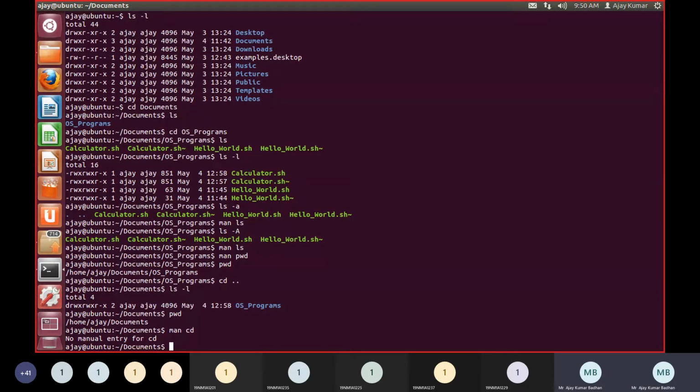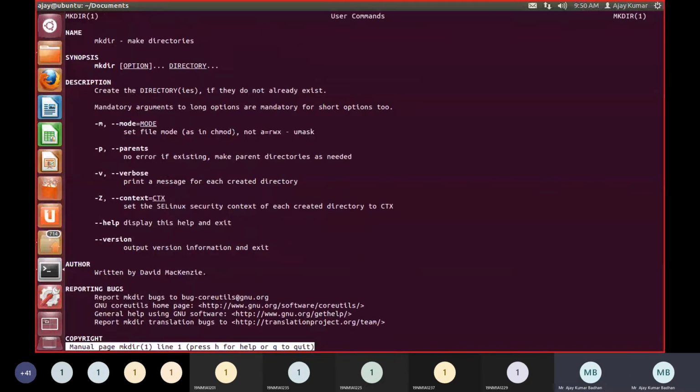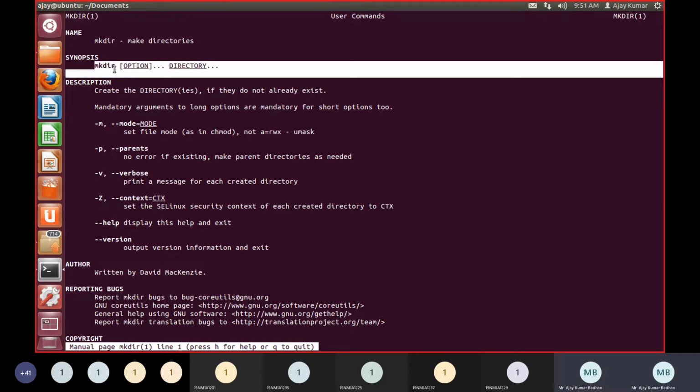And next, what we have is mkdir. I think you people know mkdir. That is nothing but make directory. So let's see, do we have an option for that or not? mkdir. Oh yes, we do have a manual entry for that. So what is mkdir? It is nothing but make directory. In this we have make directory followed by the option and the directory. So whichever directory you're making, you have options here.